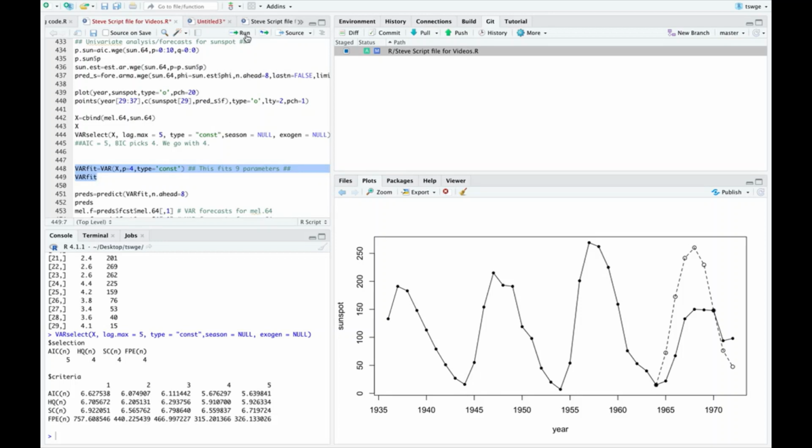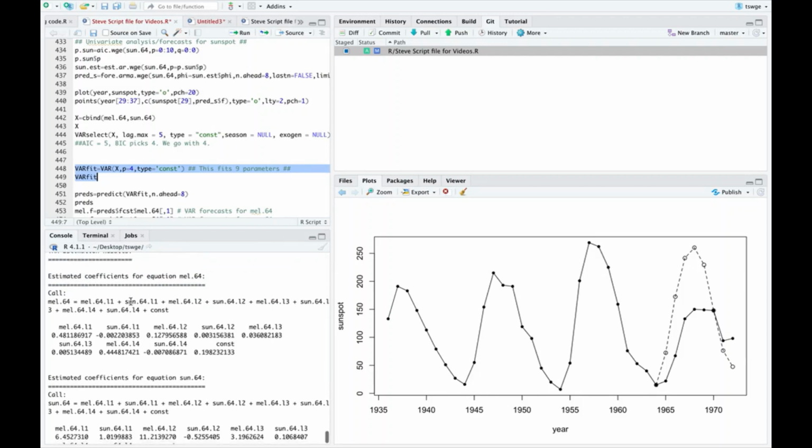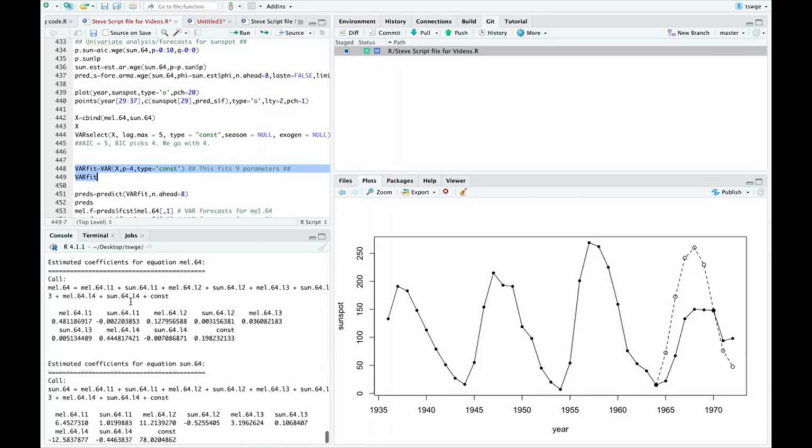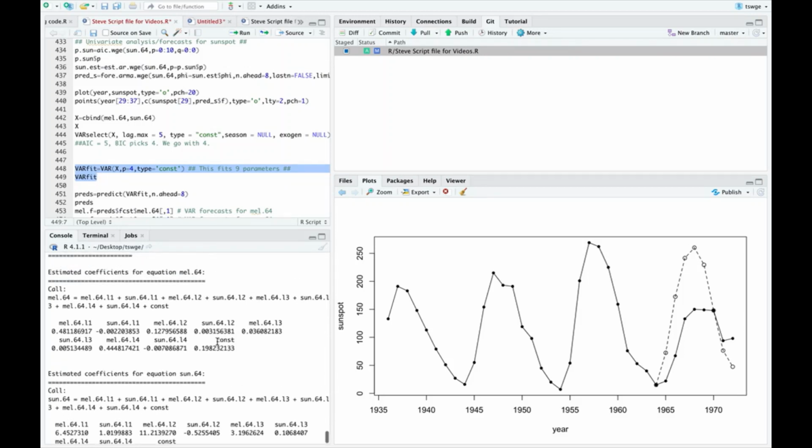If you'll recall back to the previous videos, when we were looking at the formulation of the VAR, you may remember why this should have 9 parameters. Let's run this. And when we do, what we see is estimated coefficients for mel.64, estimated coefficients for sun.64, and